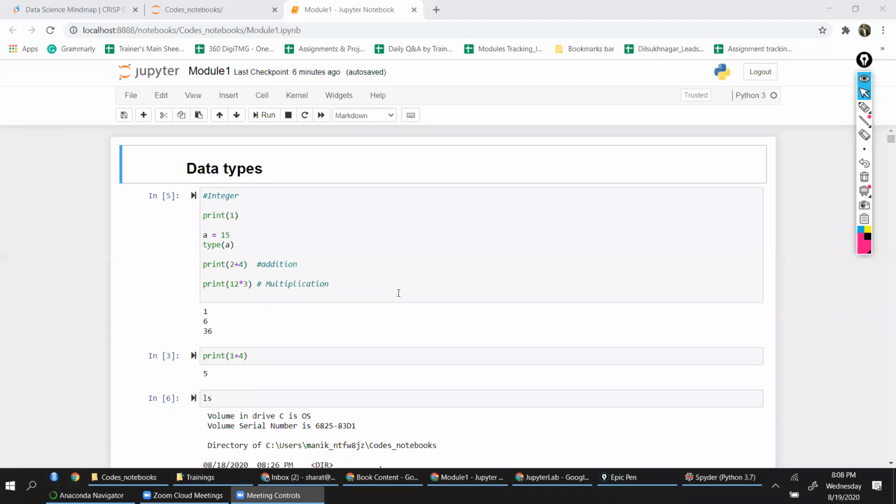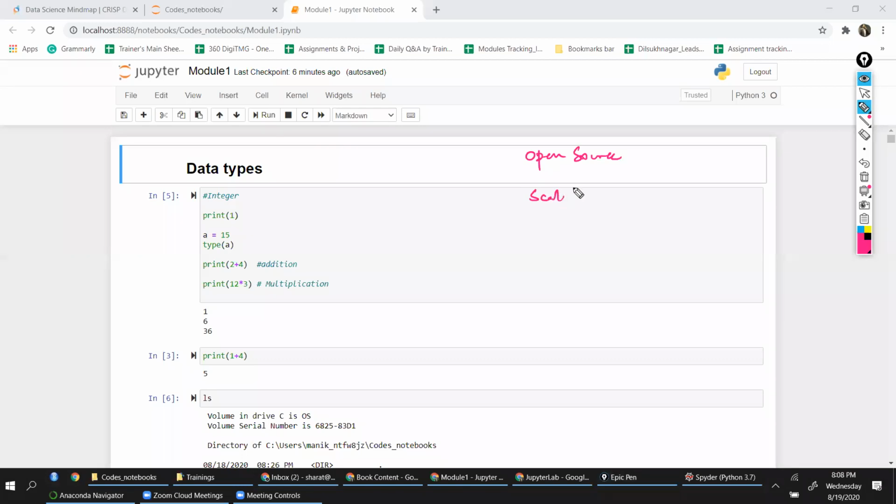So Python programming, again, I would be trying to internalize a few things into your brains. I'll be repeating the things again and again, but not those kinds of questions that you are asking, but the things that are important for you, like the features of Python. So if I talk about the features of Python programming, then the first feature is it is open source.